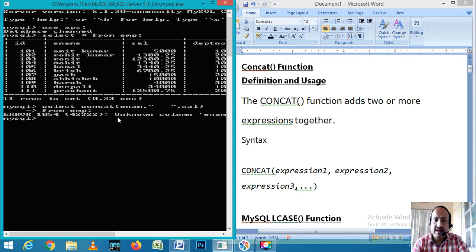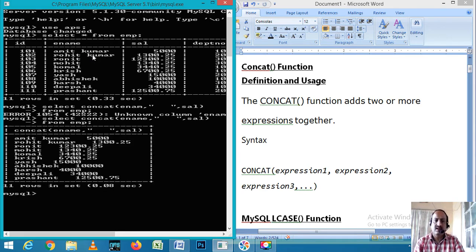Now you have one error: unknown column enam. It means we don't have an enam field, we have an ename field. So you can write again: select concat ename, space, salary from emp.